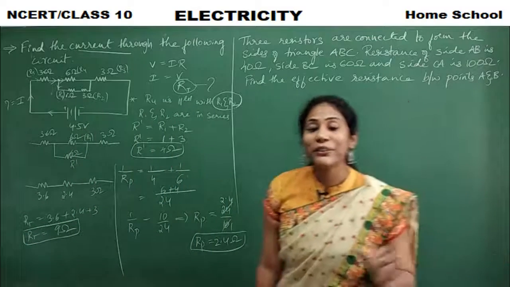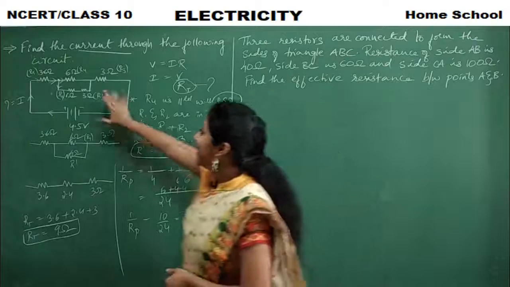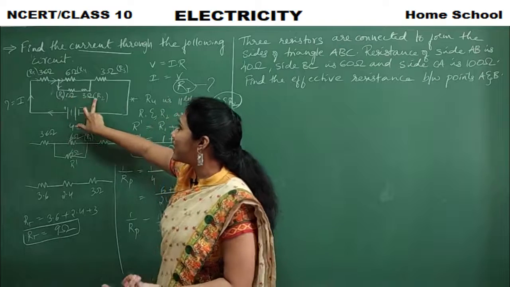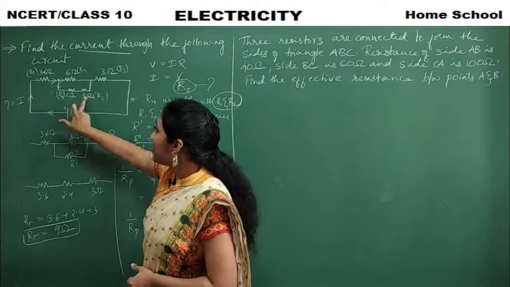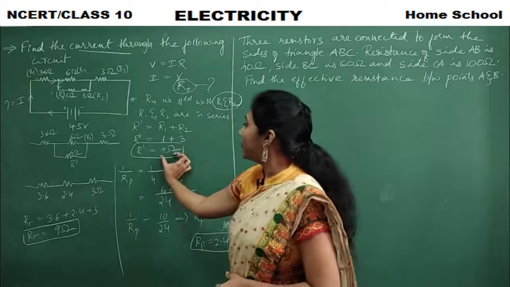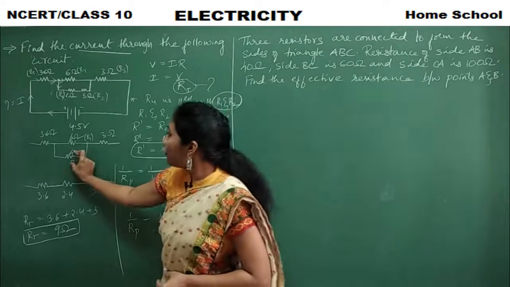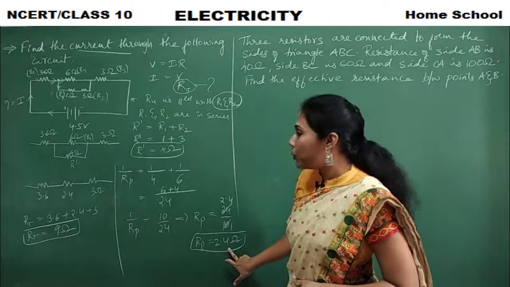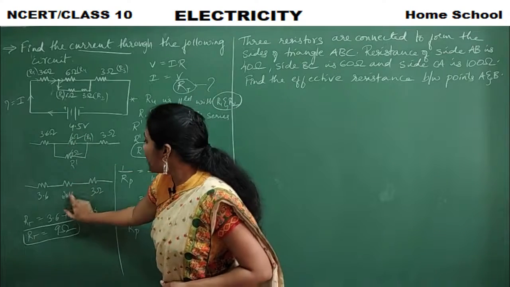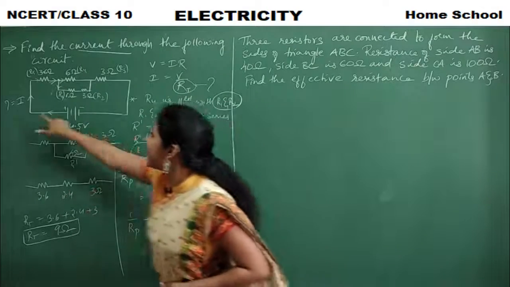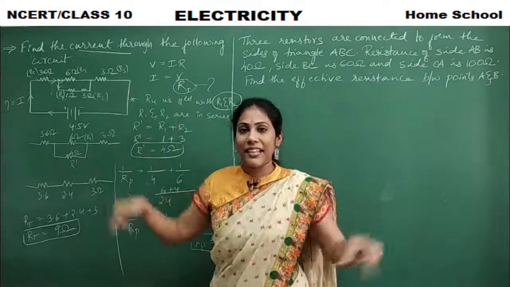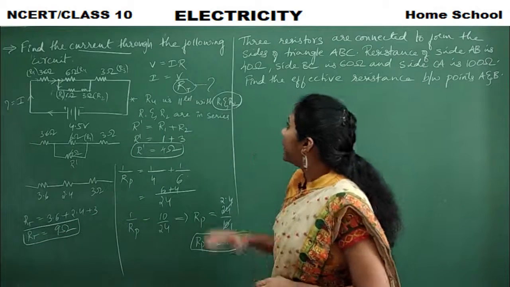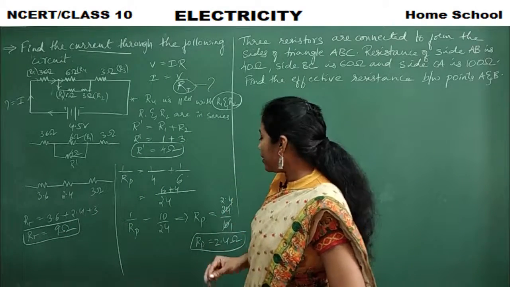Understood how we calculated total resistance? Okay, see, with R4, R1 and R2 are in parallel, but these two are in series. First we finished off that. We got 4 ohms. Now 4 ohms and 6 ohms are in parallel. Okay, we finished that. Here we got 2.4. Now these three guys are in series. They are coming in the same circuit, same line. Right? So that is your total resistance, 9 ohm. Okay, and now you substitute here.